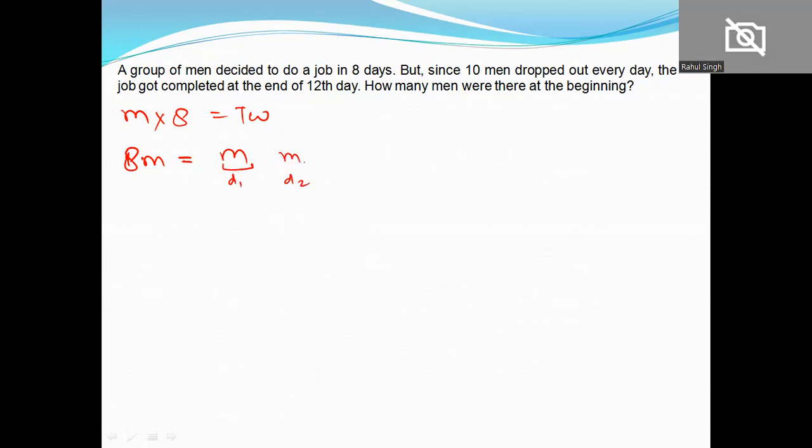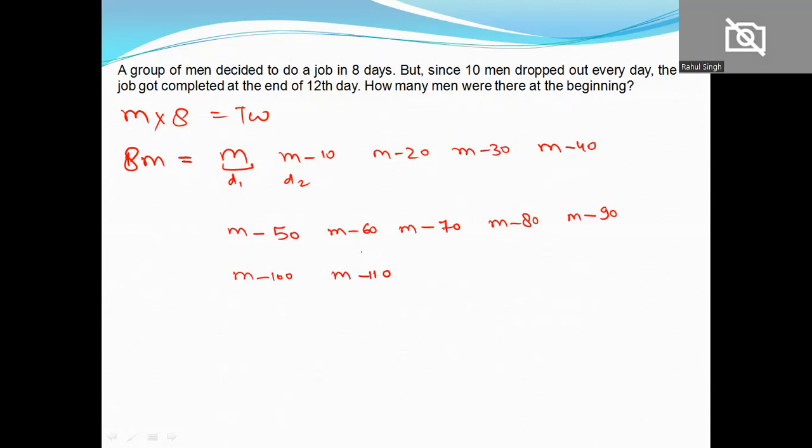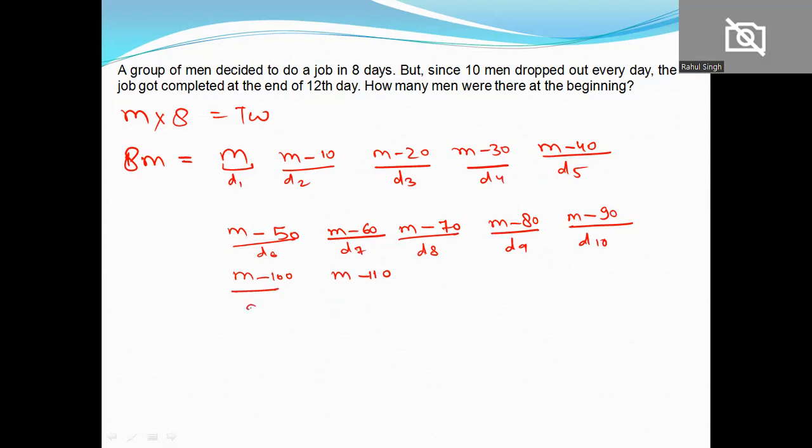Day 2 पे क्या होगा? m minus 10 होगा. फिर अगले दिन क्या होगा? m minus 20 होगा. m minus 30 होगा. m minus 40 होगा. m minus 50 होगा. m minus 60 होगा. m minus 70 होगा. m minus 80 होगा. m माइनस 90 होगा, एंड m माइनस 100 होगा, m माइनस 110 होगा। तो डे 1, डे 2, डे 3, डे 4, डे 5, डे 6, डे 7, डे 8, डे 9, डे 10, डे 11, डे 12। सो इनको 12 डेज लगे टू